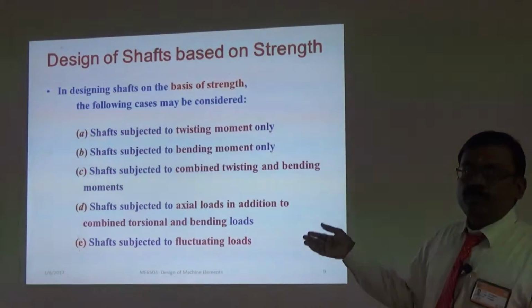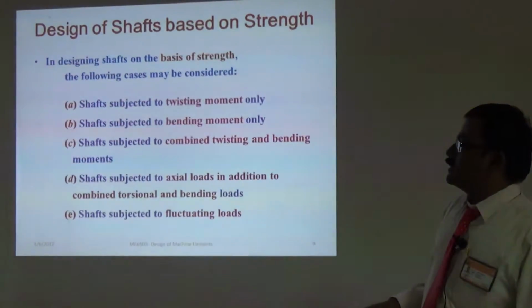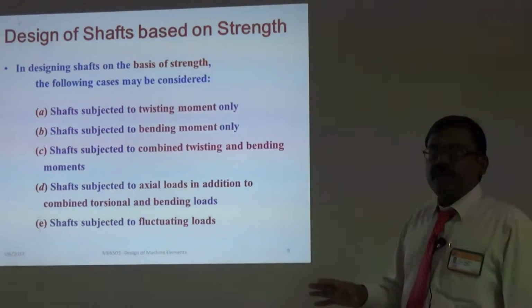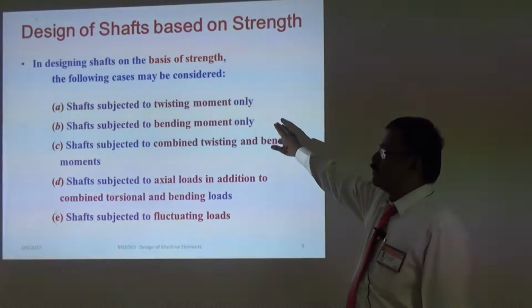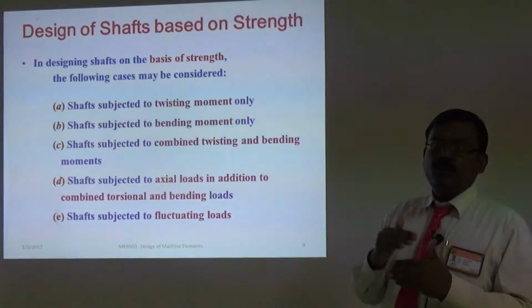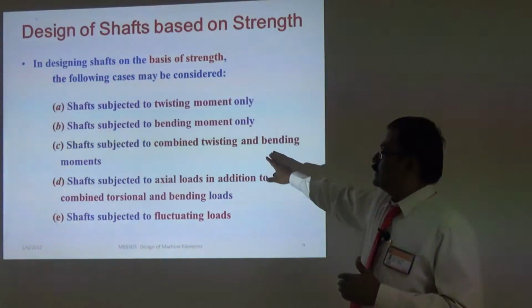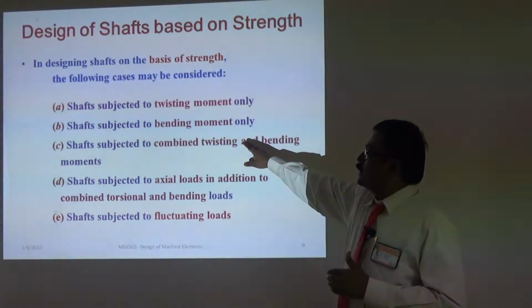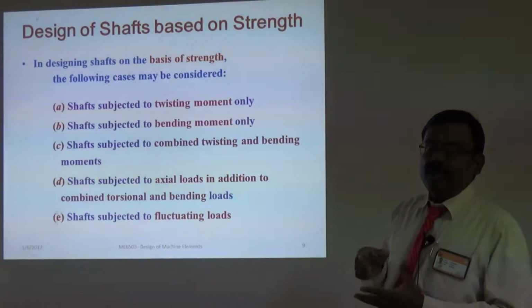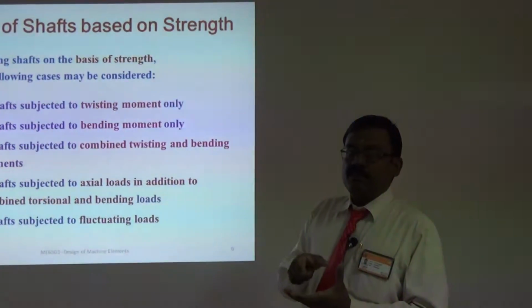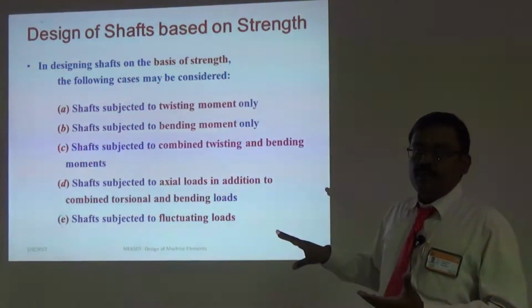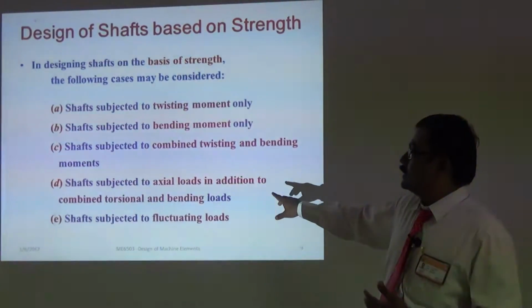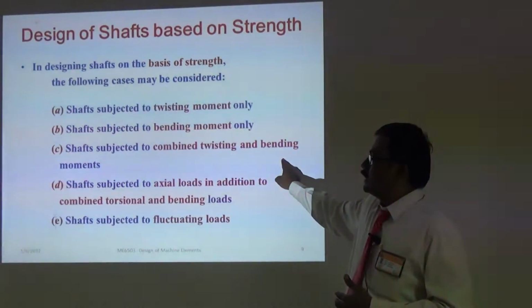So, as I told you earlier, the shaft may be subjected to different loading conditions. First, if it is subjected to twisting moment alone, that means it has only pure rotation. Second condition, it is purely subjected to bending moment, so only a transverse load is acting on the shaft. Then the third one, this is the normal operating condition: the shaft will be subjected to combined twisting and bending